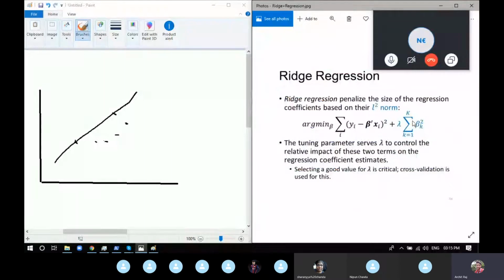We are also giving weight to the attribute coefficients, like y is equal to m1x, m2x. We're giving the coefficients a bit of weight.